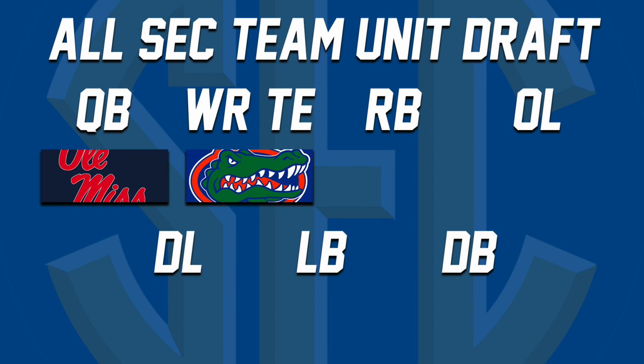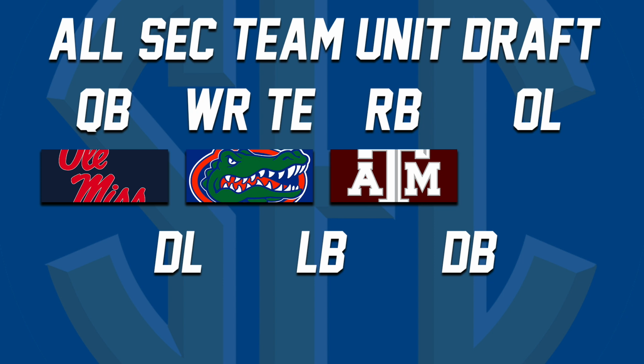Taking their best unit, in my opinion, I am taking the Texas A&M Aggies, where we're going to have guys like Isaiah Spiller. We're going to have Ainias Smith, whether you consider him a running back or a wide receiver. I still consider him a running back who can catch passes. And you've got Devon Achane. So I think they have an amazing room back there. Going to be very productive.